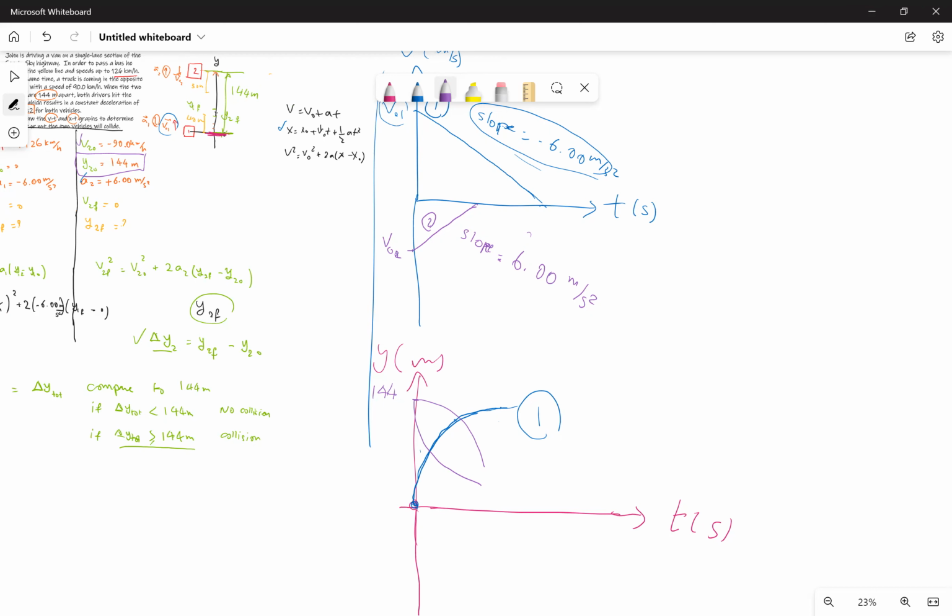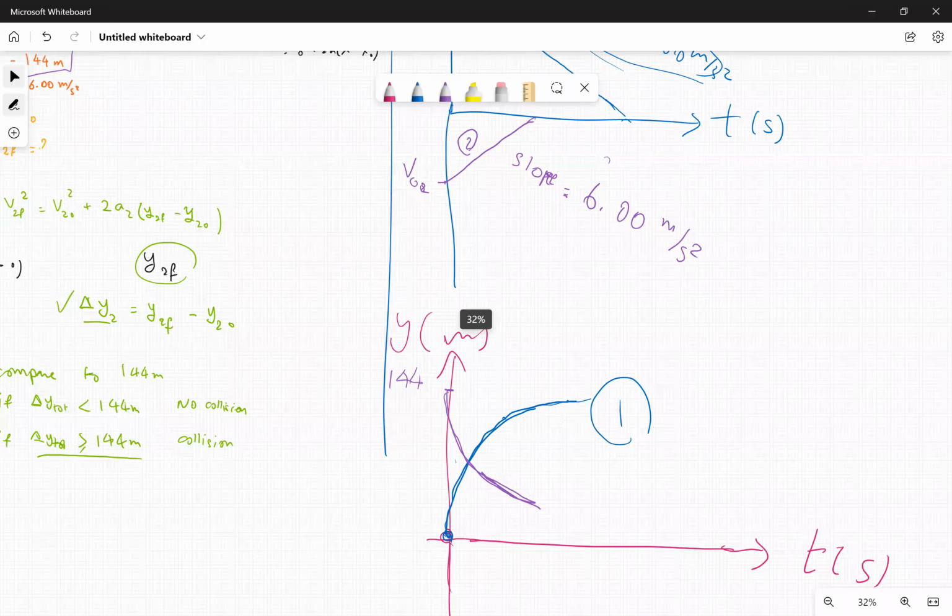Does the velocity of car two start from zero? So this graph is going to be this graph, which basically